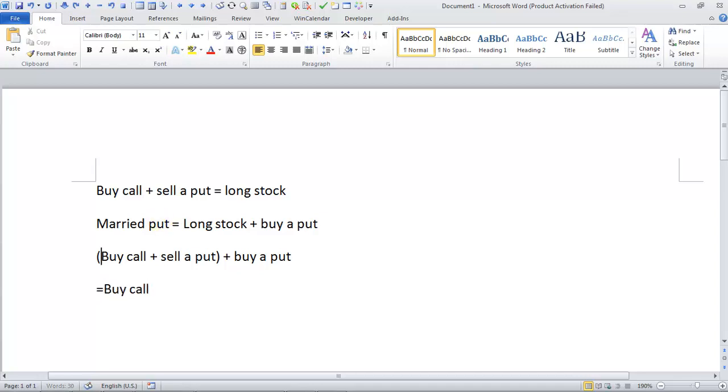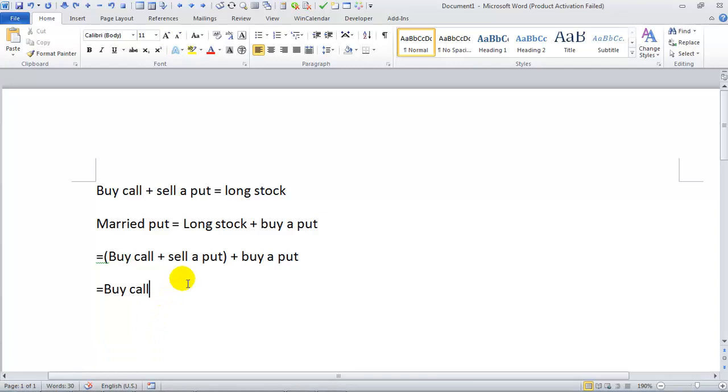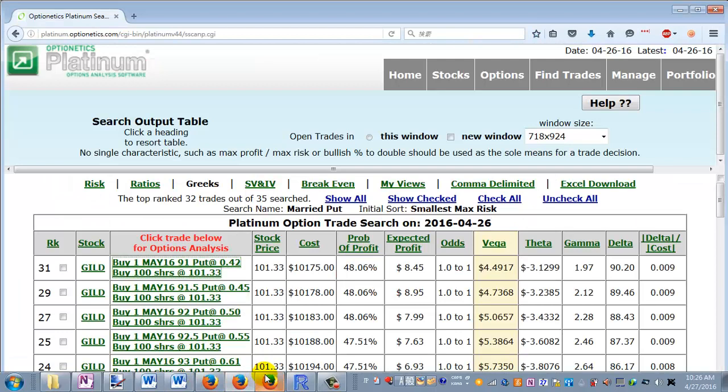Is a mathematically appropriate way. Okay? So a married put when you're already long stock is the same as buying a call. So you could equally, almost the same, is selling your entire position and buying a call instead of simply buying a married put. Now there are pros and cons to each,